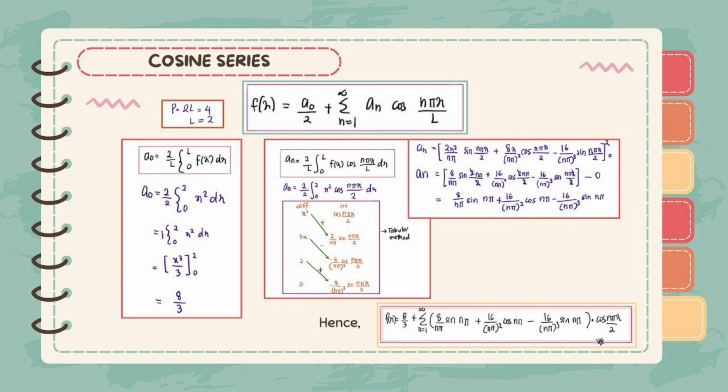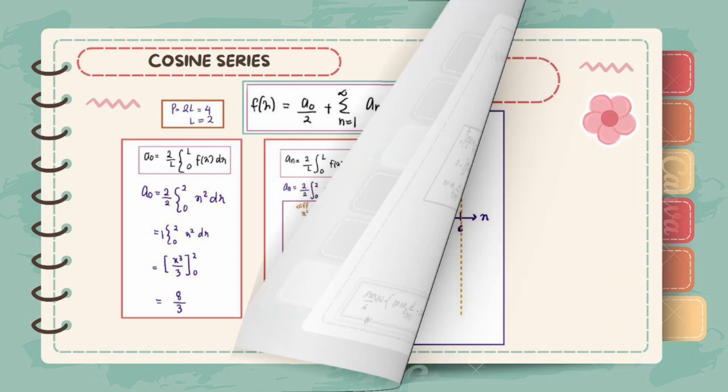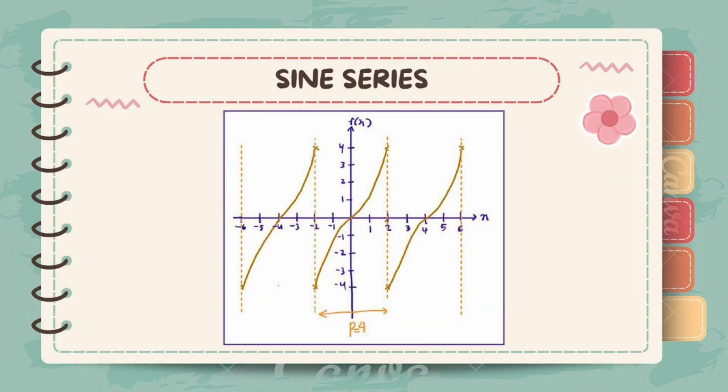to substitute the value of L, which is equal to 2, and the function, which is x squared. Since the limits are from 0 to 2, we insert them into the given formula and we get the final answer as the following. Next is for the odd function, we need to calculate by using the sine series, and the